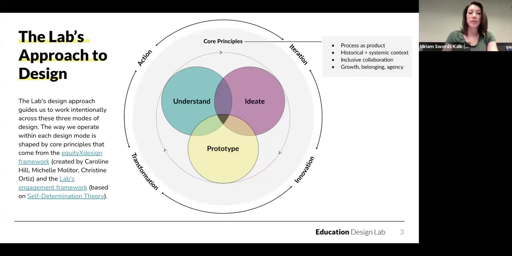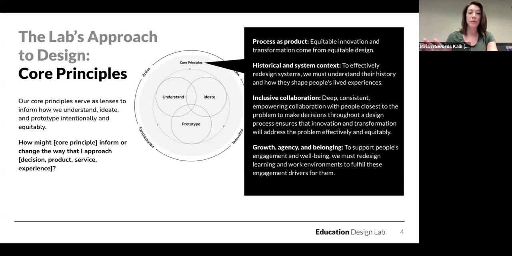Now, three of these design principles come from the Equity by Design framework, which was created by Caroline Hill, Christine Ortiz, and Michelle Molitor. Process as product reminds us that we can only get to effective, equitable outcomes through focusing on equity and inclusion in the process of design. So the processes that we go through as we do design inherently shape the products and the results that emerge